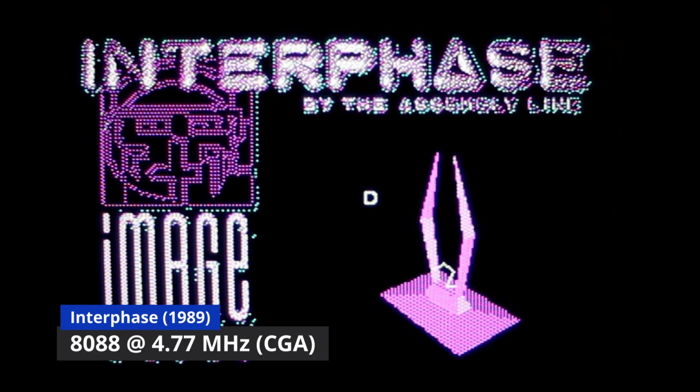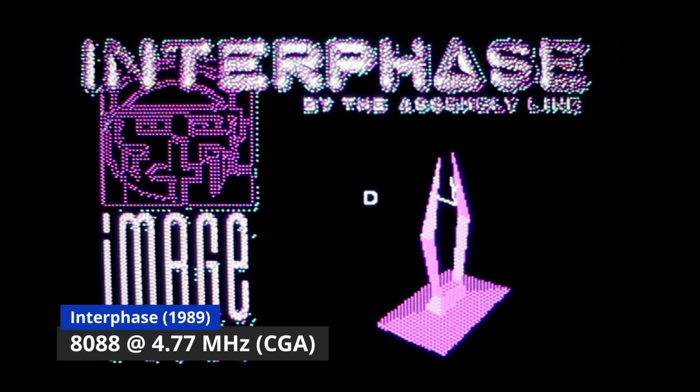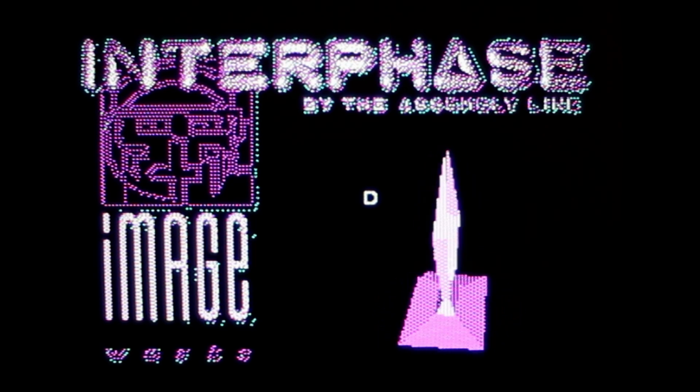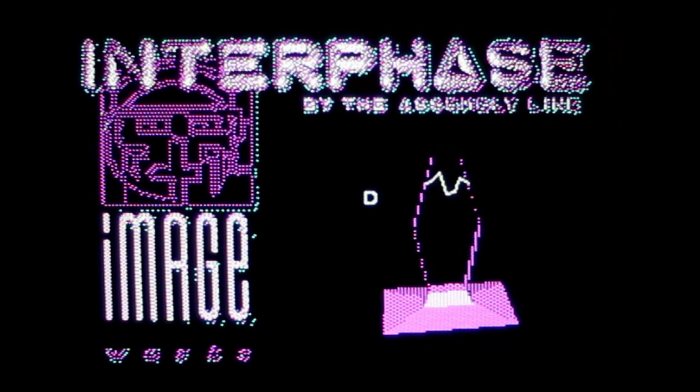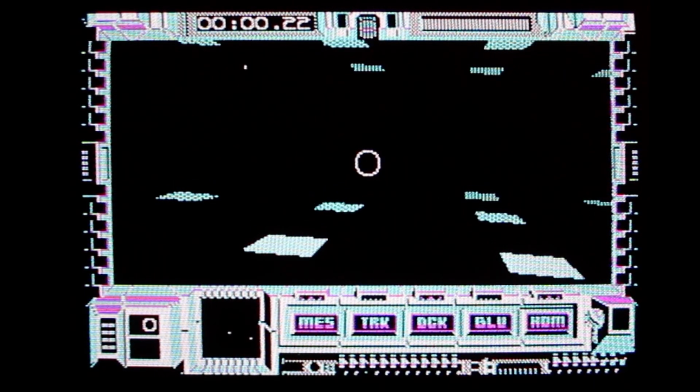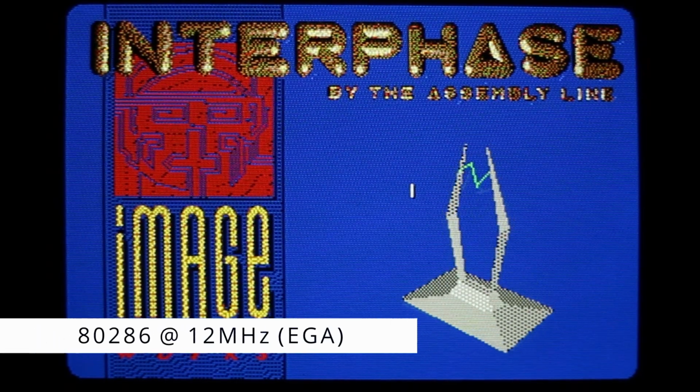Well, it's time to get back to just ordinary 4-colour CGA just for the moment. This is Interphase by the assembly line, and it's running here on an IBM PC at 4.77 MHz, and I think acceptably well for 1989. This tunnel scene, which is reminiscent of Descent, runs quite well. The game itself is a little slow to be playing on this machine, but on a 286 the performance is